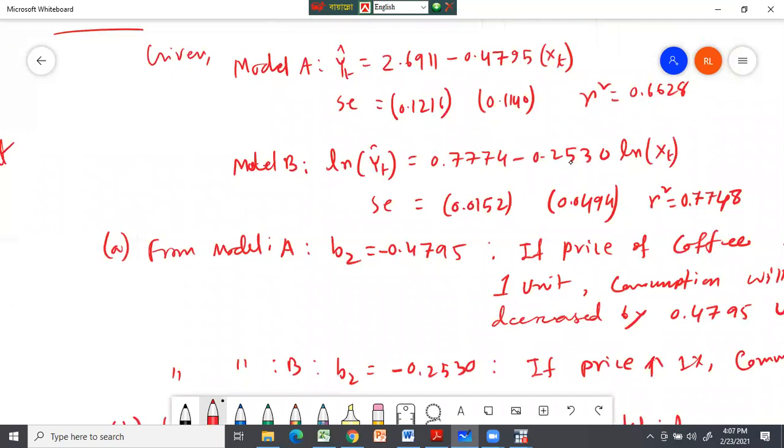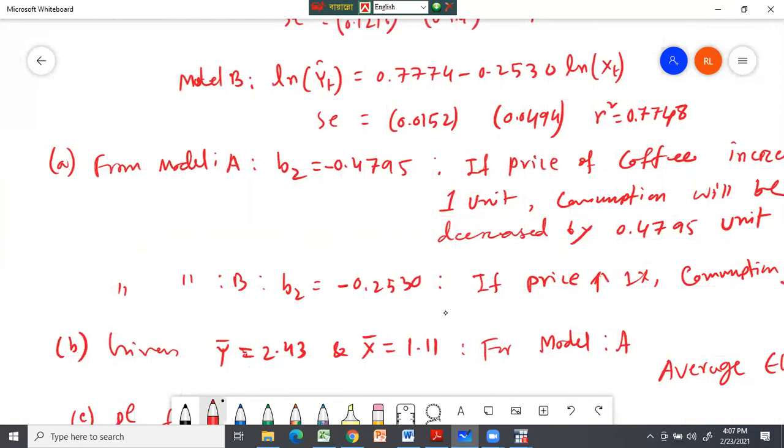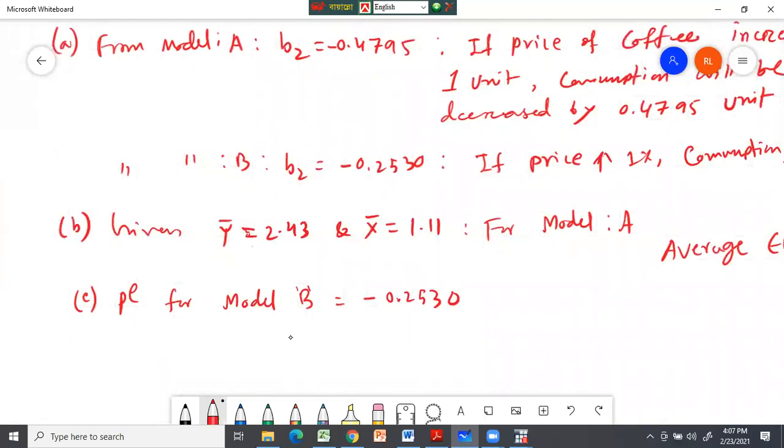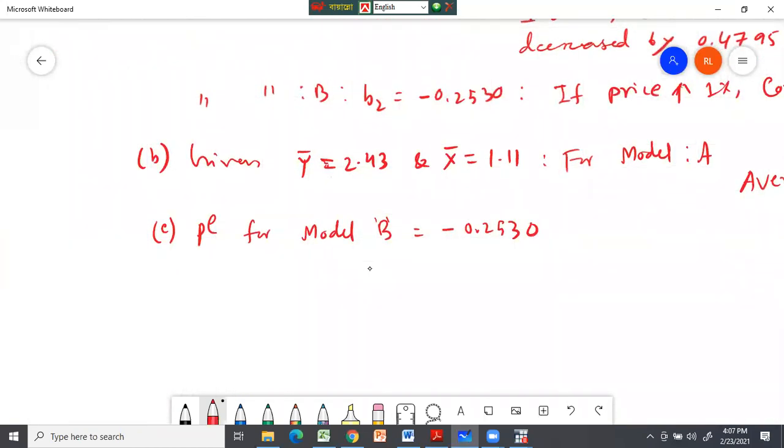ইলাস্টিসিটি অলরেডি ক্যালকুলেট করেই দিয়েছে। It is found at -0.2530 because in any log linear model the slope is not only called slope, it is called elasticity coefficient. এখানে আমরা এটাকে স্লোপ ডাকি না, ডাকি elasticity coefficient। So it's given already, and then number D, এর পরে আরেকটা আছে।